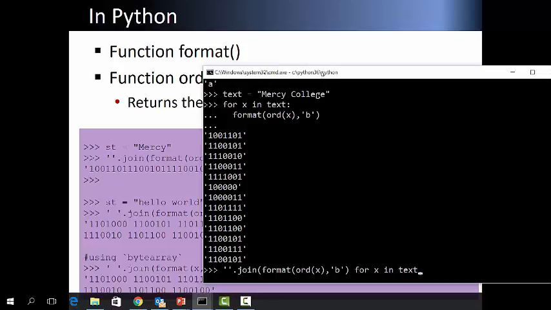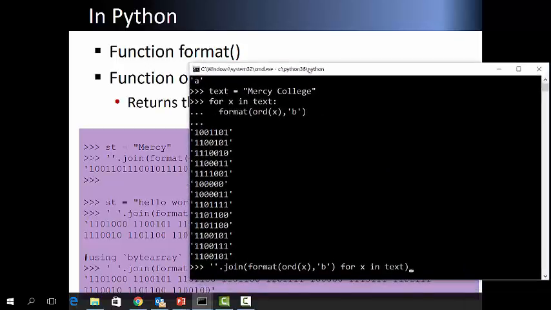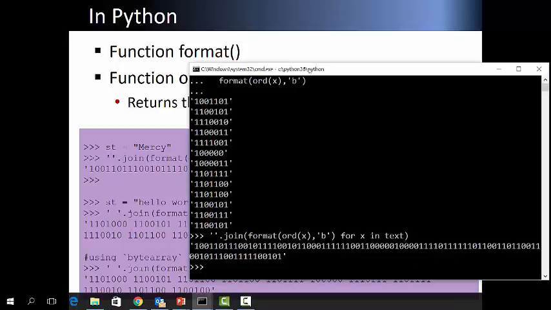Enter. And that is the whole binary of Mercy space College in one binary code. So if you see here, 1001101, that is followed by 11100, whatever that.